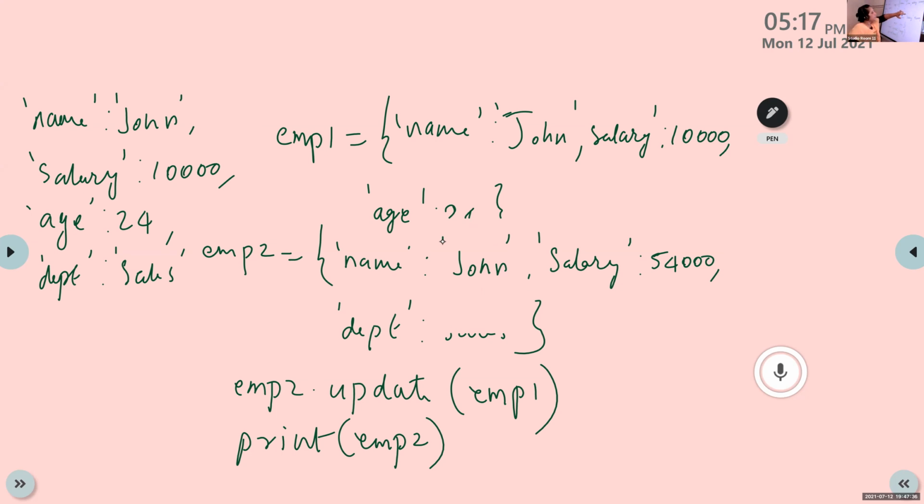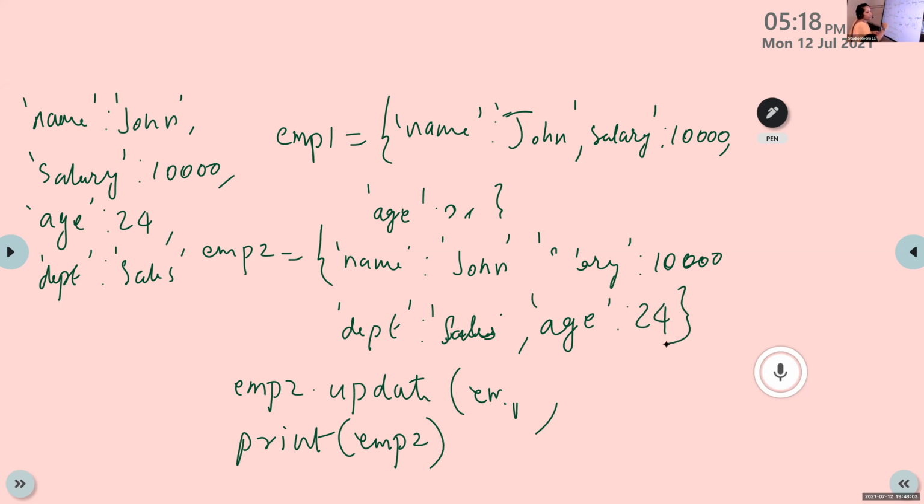Then here also, the same key salary is used. Here salary is 54,000, and this 54,000 is replaced with 10,000. Then department is there, department sales. Then one more, age 24.